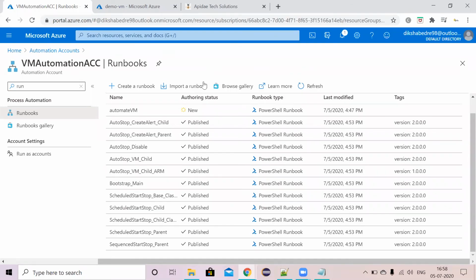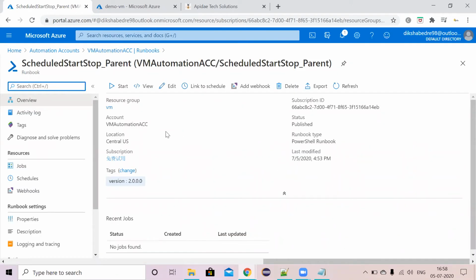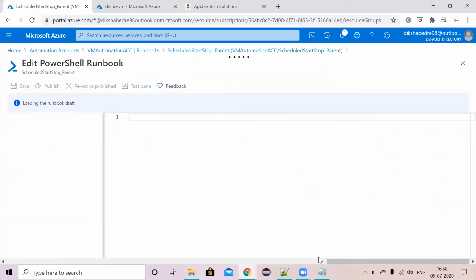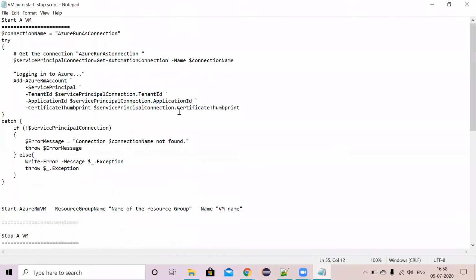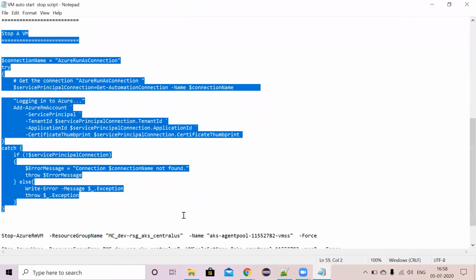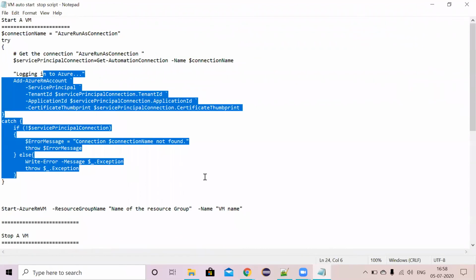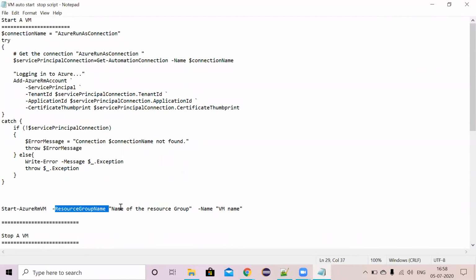So hi friends. So here you can check schedule start and stop. If run books are not created, then we can edit this run book, and I'm giving some commands and mentioning all this in the description. So we have start VM and stop VM commands. So I'm giving this in the description. You can select PowerShell and give this command. You only need to type the resource group name and VM name. So it will directly go to that particular resource group and stop it.